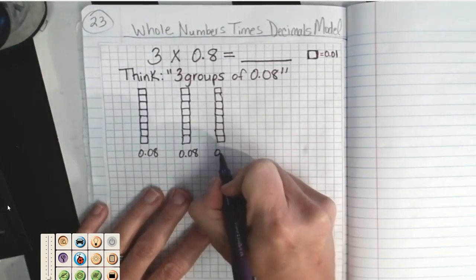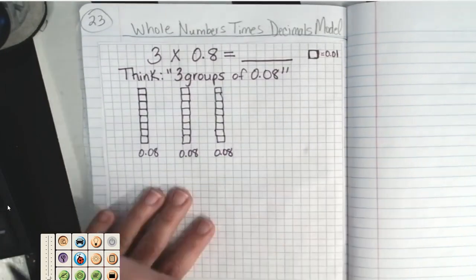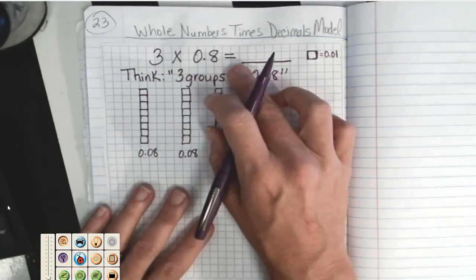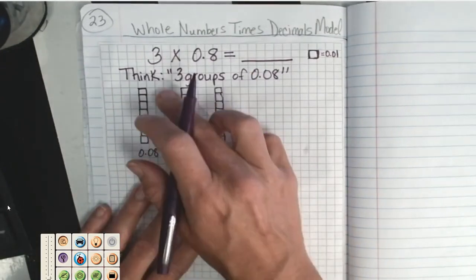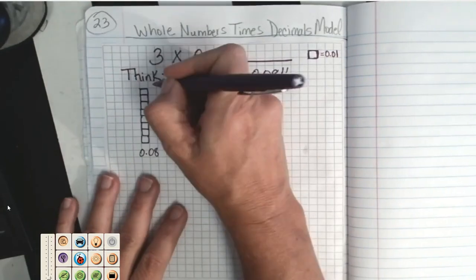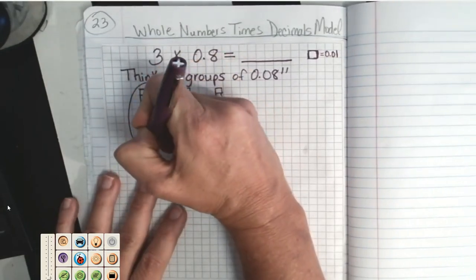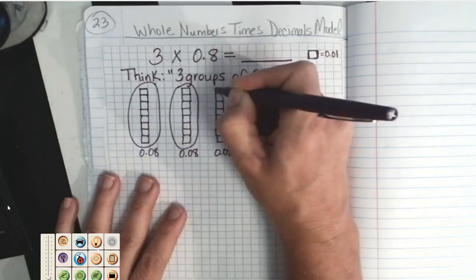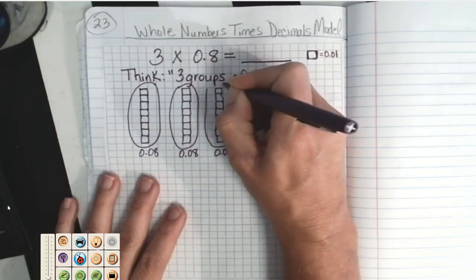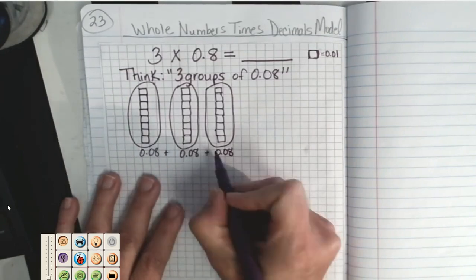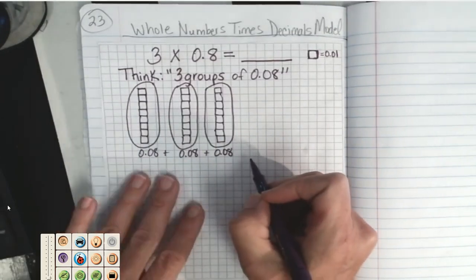Okay, so that would be my third group of 800ths. So if we wanted to figure out what 3 times 800ths would be, we could just count all of the pieces here. Okay, so this would be my 1 group, 2 groups, 3 groups. So I would just have to add these together, and so that would give us